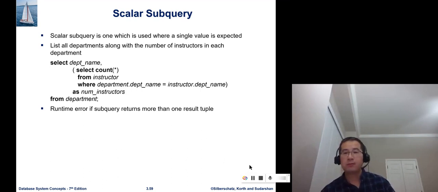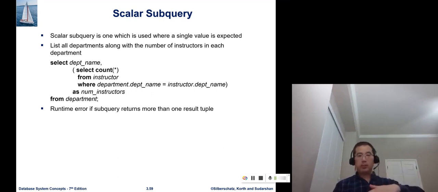Okay, last one is easy. Also, this is the last case. We already talked about from, where, and then this one is select. We call it the scalar subquery just because we put a subquery in the select. If it generates a scalar value, we can put it into the select. There's no problem, correct? Because select, as we mentioned before,